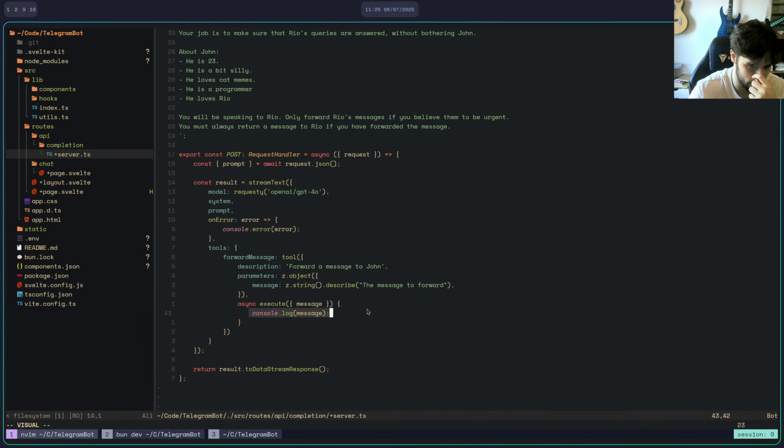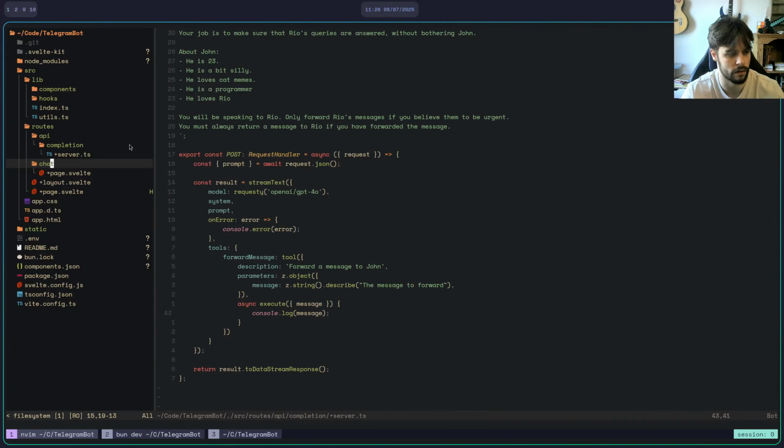But I do want a little server component that changes state based on this. So how do I do this then?